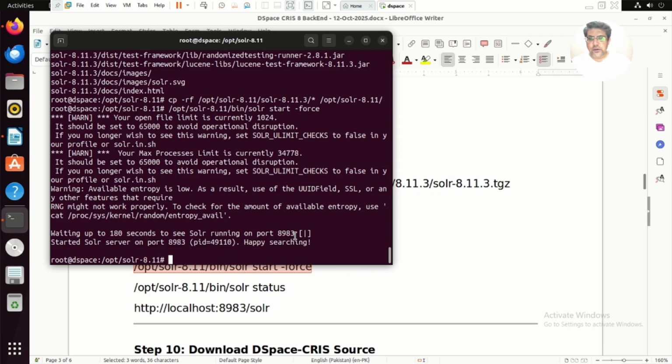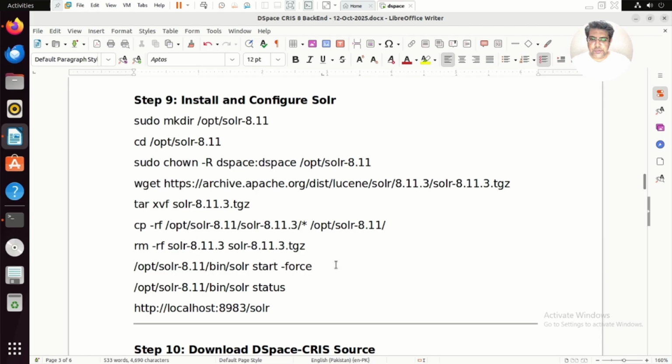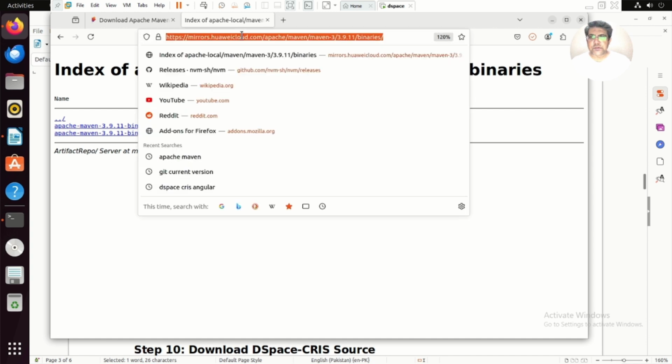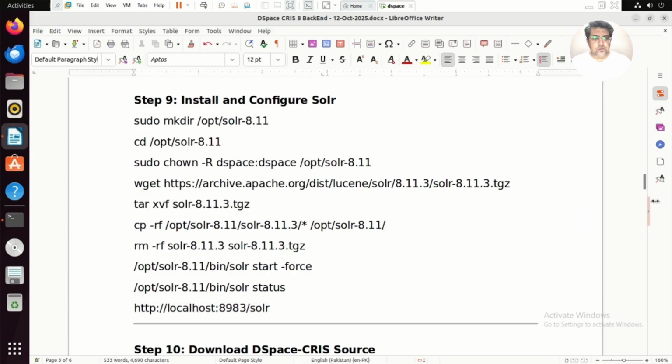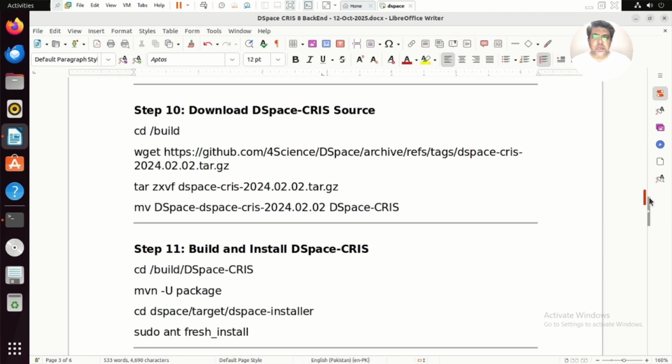So it's working on port 8983. And of course we can check the status. We can check this on the web server, so you can see this. So it's all fine. Okay, now we are done with Solr, and at step 10 we need to download the